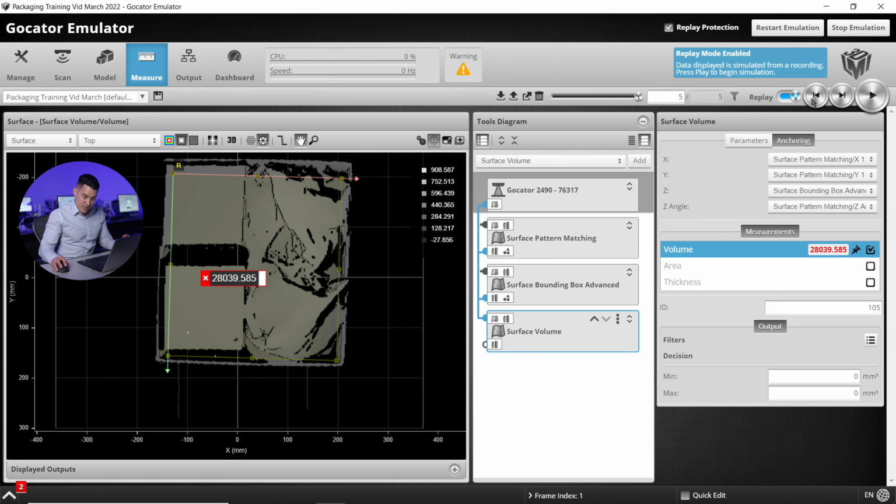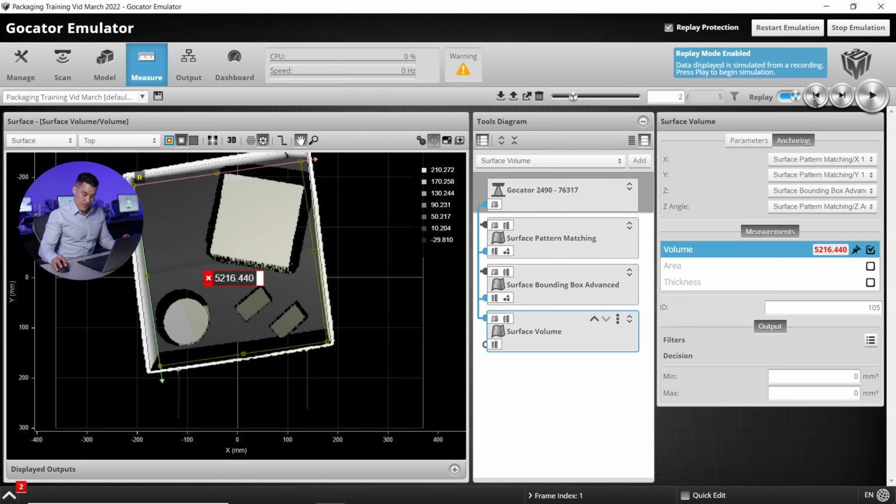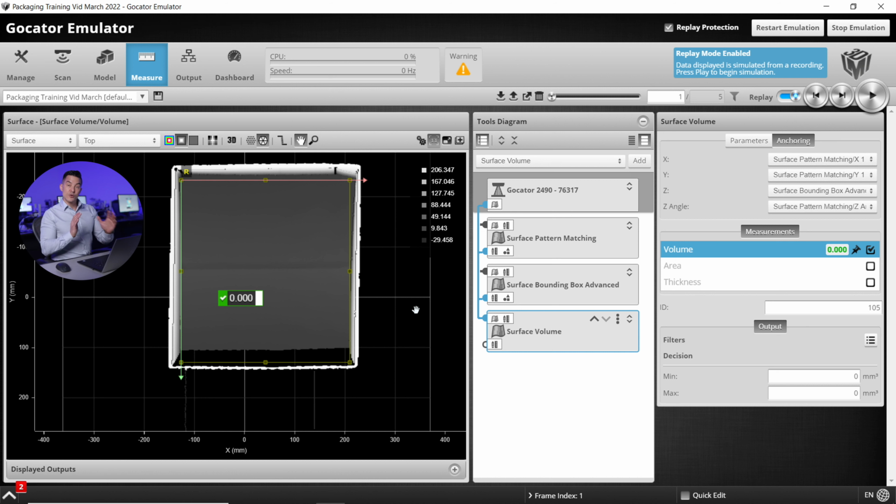So we got 28,000 centimeters, 14, 5,000, empty, and empty. So now it's showing up as green and red. If you haven't used Gocator before, that just means we haven't set our pass-fail yet. So any value is going to show as unset, or it's not happy, just because we haven't set a pass-fail yet. Finally, we'll add the script tool.